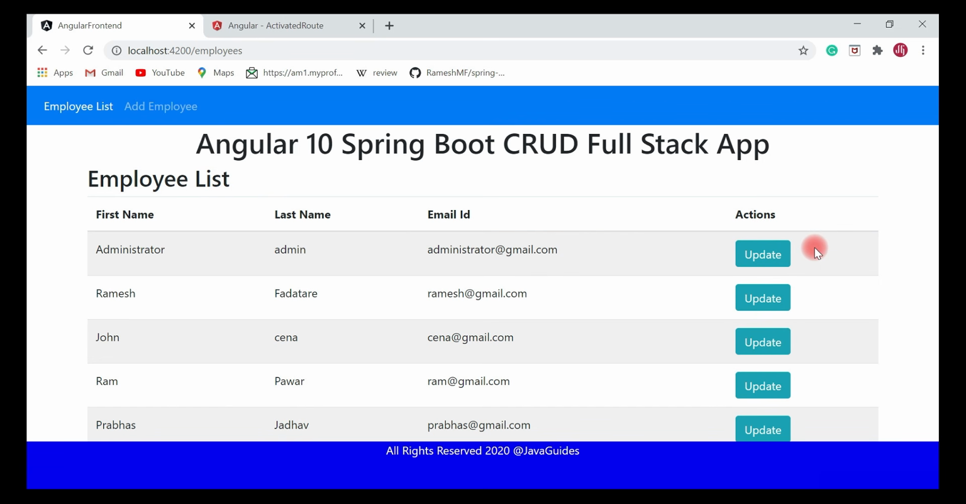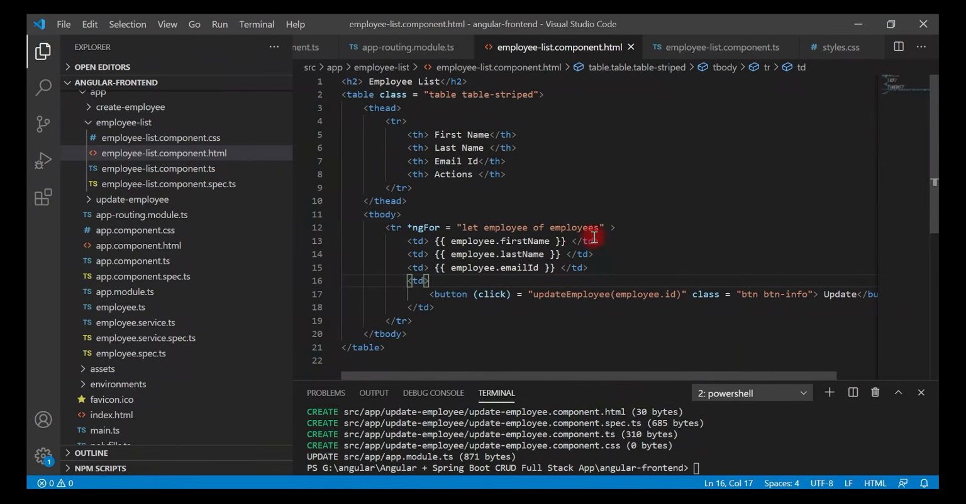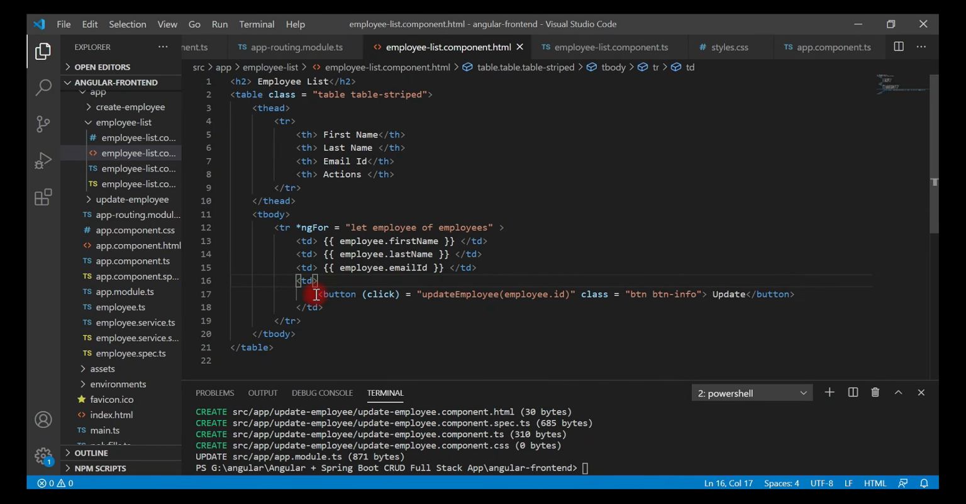and then once we click on the delete button, it should make a delete employee REST API call. Let's head over to the Visual Studio Code IDE and go to the employee-list.component.html, and here we're going to add a button. We have already added a button, that is the update button. Similar to that, let's add a delete button, and let's bind a click event to this button. Here we have an event handler named deleteEmployee, and within the parentheses we need to pass